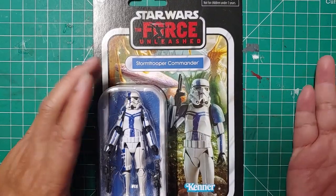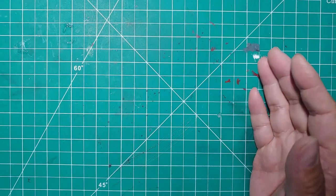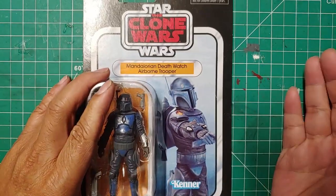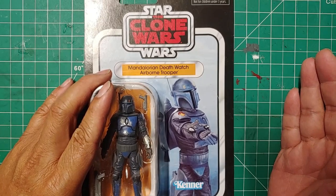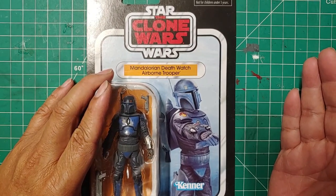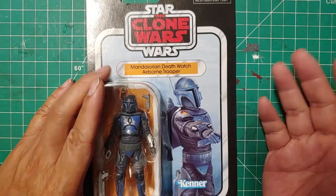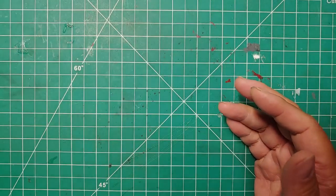This one, Stormtroopers, I'm always gonna grab because I want troop building. In fact, I'm getting a bunch of knockoffs from China that are selling for like 40 bucks. Worse, the articulation is antiquated, but it's the style. It's in the same style. Less articulated than these. Death Watch Mandalorian,